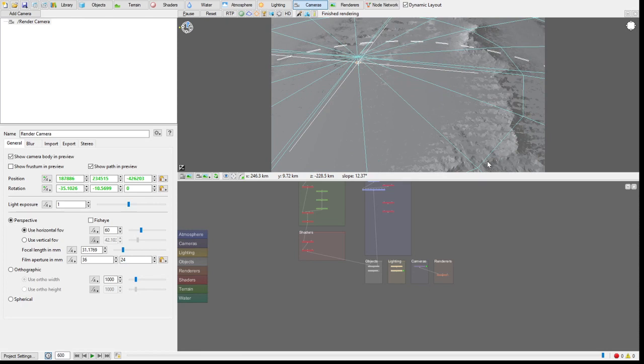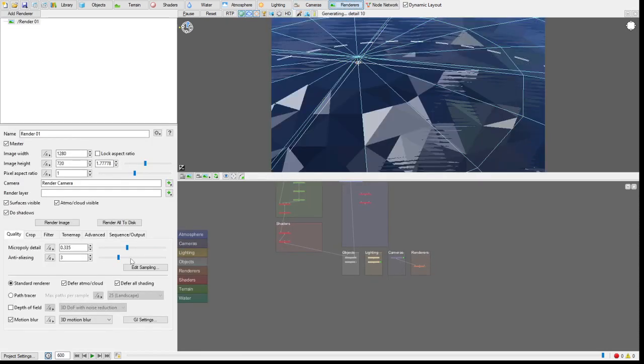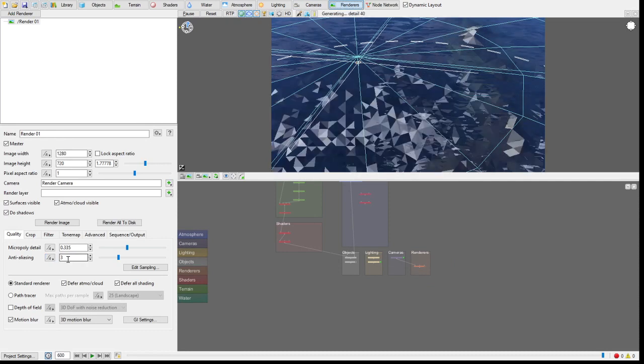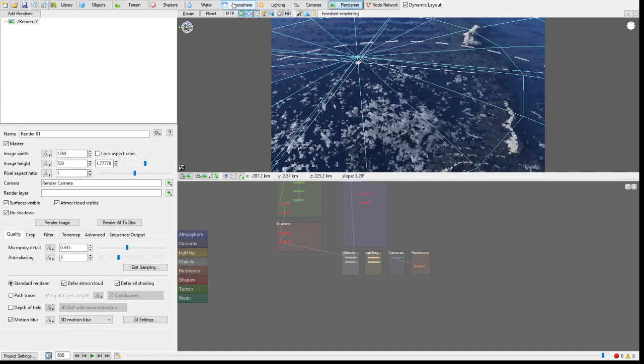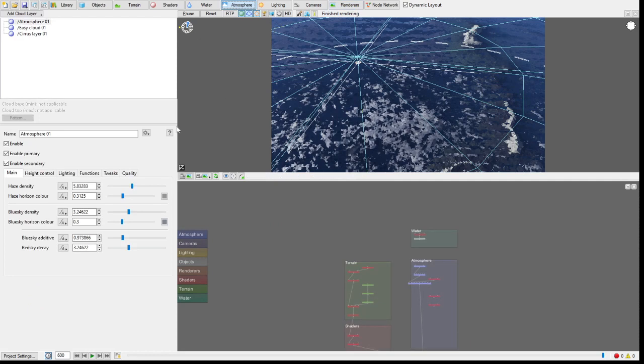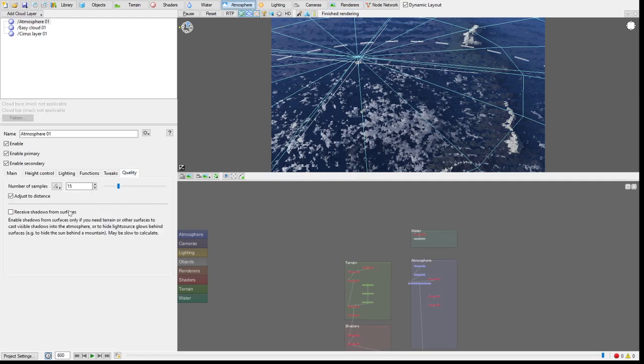Once that was done, it was time for rendering, and for this one I probably would have used a bit higher anti-aliasing, but render time was an issue too, so it ended up at 3. Usually I work around 6. And the atmosphere quality, I also would like to have a bit more samples there than 15, but then again, the render time was an issue.